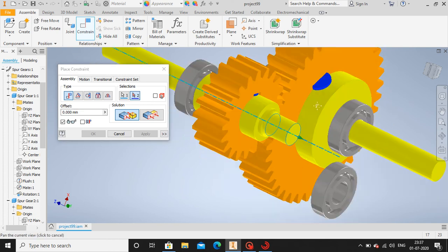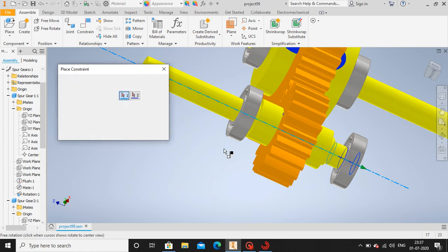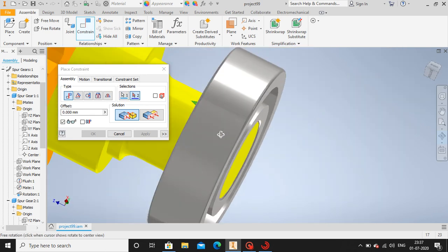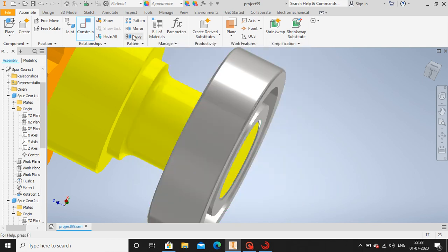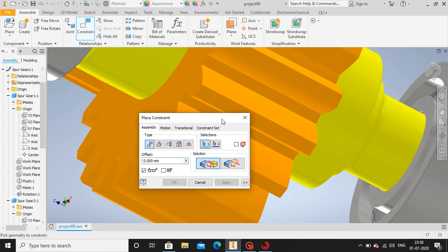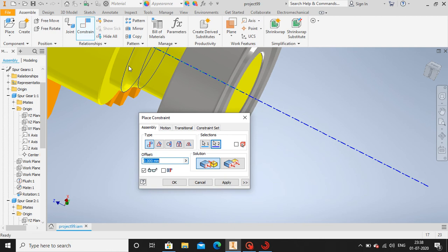Constraint. Center line, center line. Now let's mate it. Select this section, then select it's not done properly. Again we'll do constraint, select this section, then let me go here, select this section,